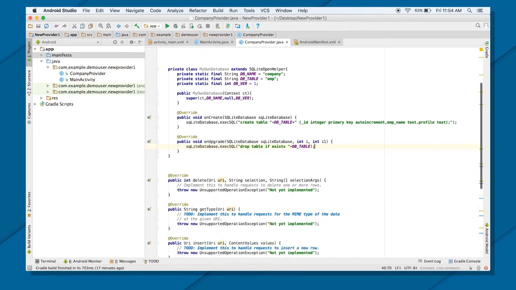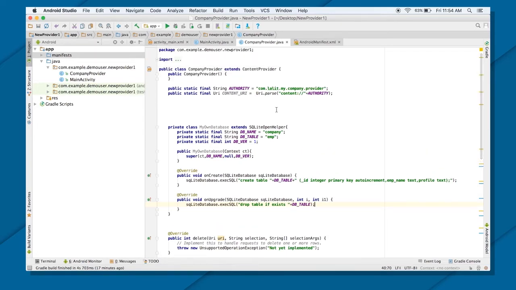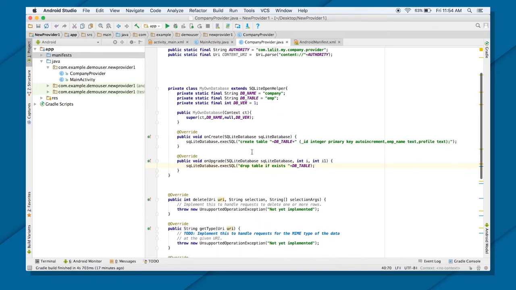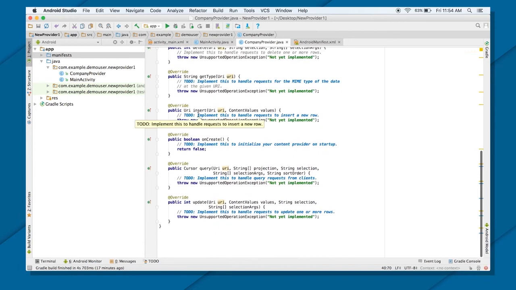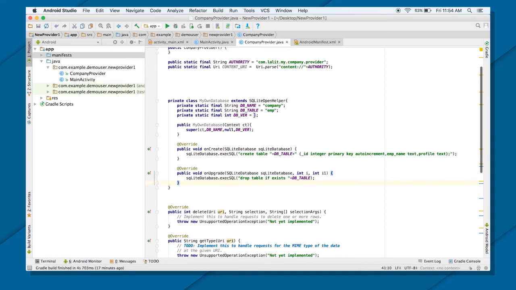Great. So good. So now you can see here my SQLite Open Helper class is also ready. All I have to do is whenever I'm accessing, let's say I want to enter the data, I will be getting into my insert query. If I want to get the data, I will be going into the query of my content provider. So I no longer need to create the methods inside my SQLite Open Helper class. So let's see how we can do that.